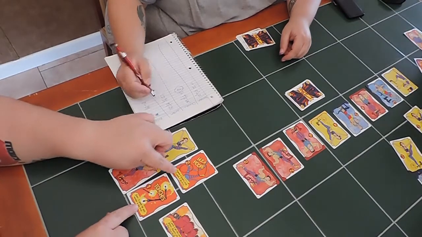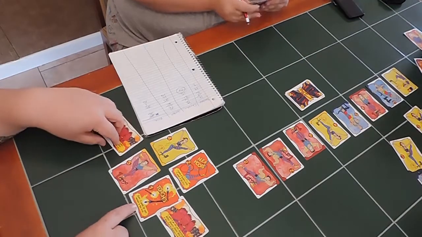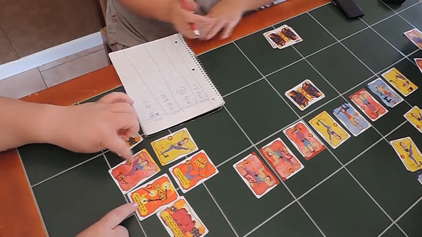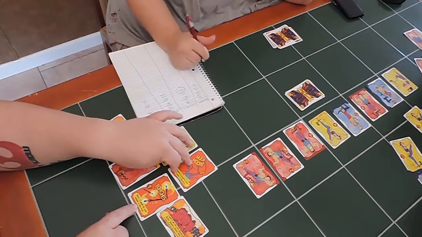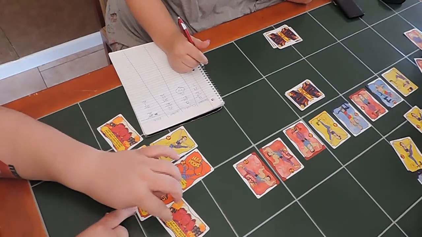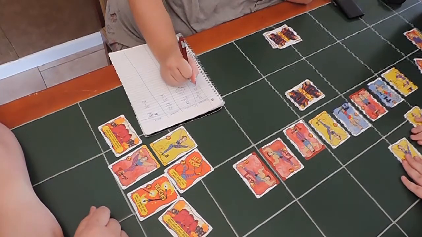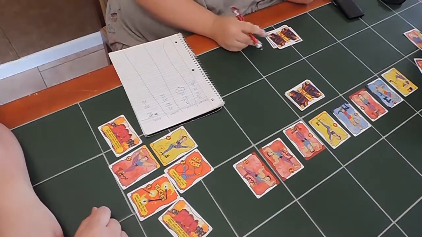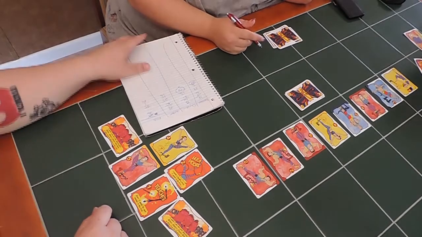This is worth another 2, plus it's worth 6 points because they're on fire. So, 4, 9, 10, 14, 22, 23, 24, 25, 26, 27, 28. He only has 14. Okay. I have 7. Alright, is that the end of the round? Yep. Alright, so